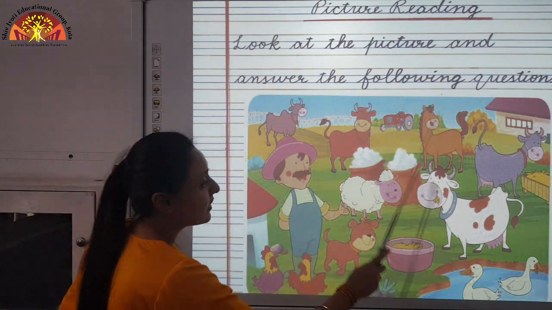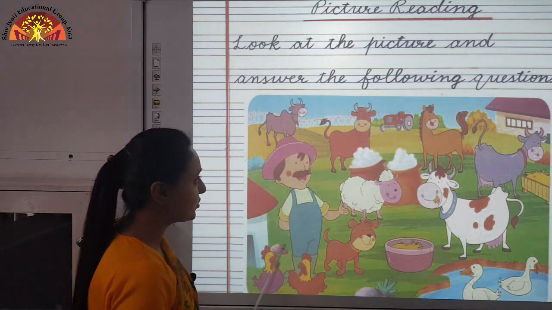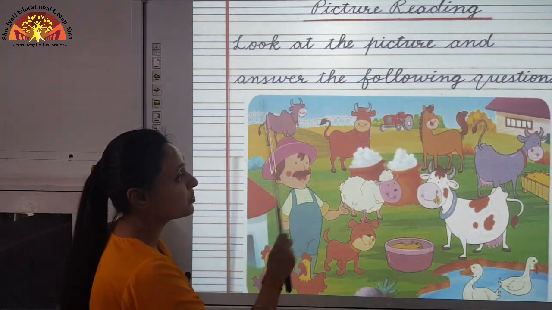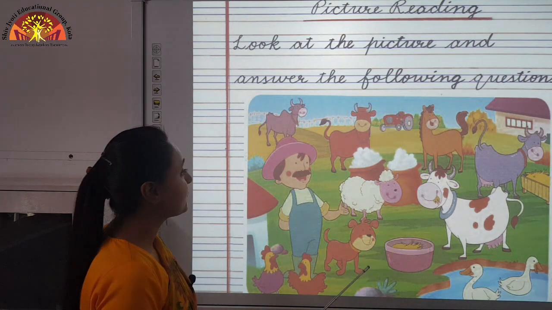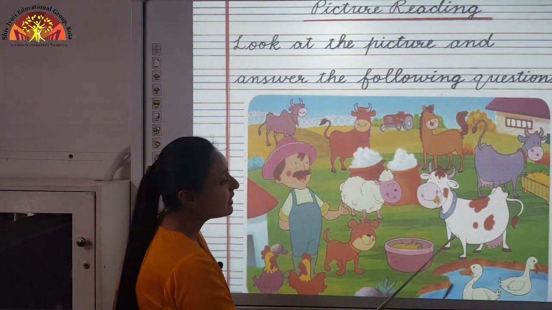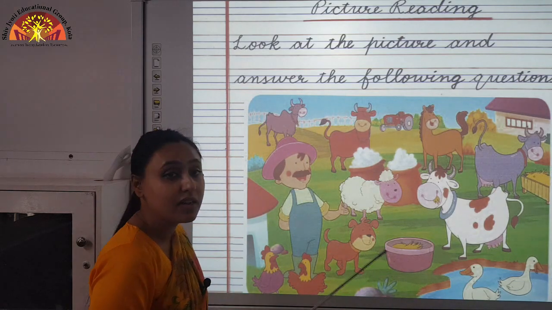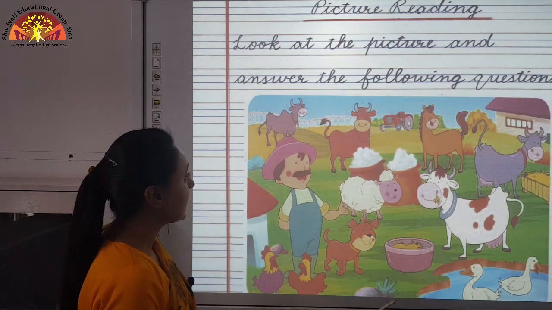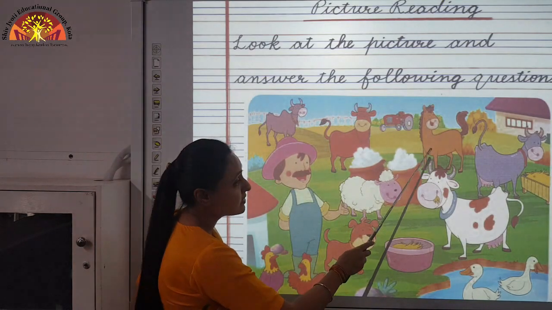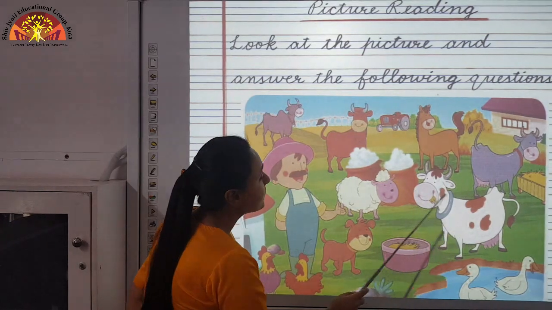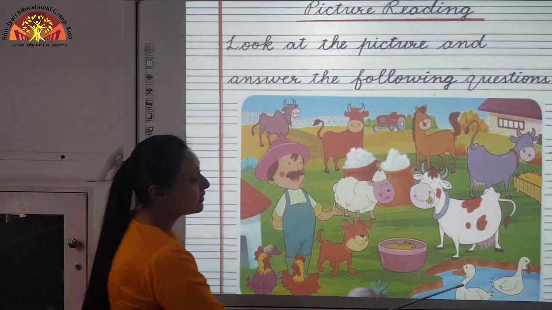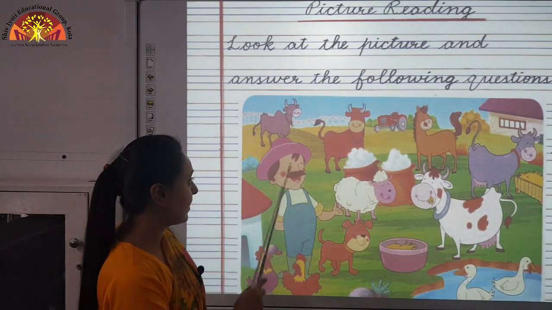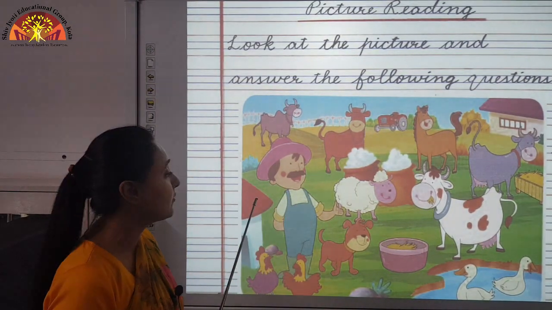So here look at the picture, it is a colorful picture. So first tell me what the picture is about. It is the picture of a farm, okay. Here you can see many animals on the farm, and what are these animals called? These all are domestic animals, okay. There is a bull here, horses here, a cow is here, a sheep is here, a dog is here, ducks are there and hens are also there. And one man is there in the pink hat, he is the caretaker of the farm.